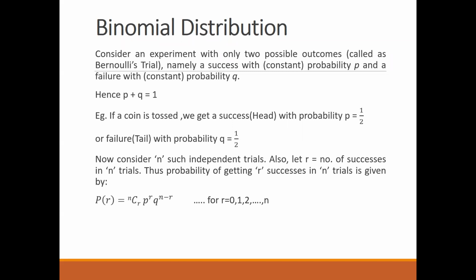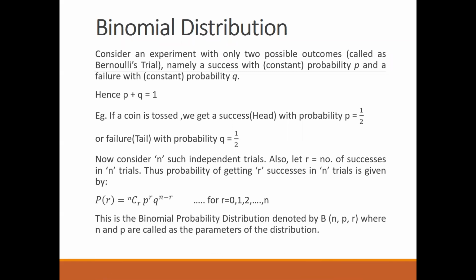Now, there are some formulas for binomial distribution. Note down this as well. Your distribution can be written as B(n, P, R). So if you are supposed to find the binomial probability distribution, you'll denote it by capital B, N comma P comma R, where N and P are the parameters of your distribution. There are two more formulas which I want you all to note down and then we'll stop.